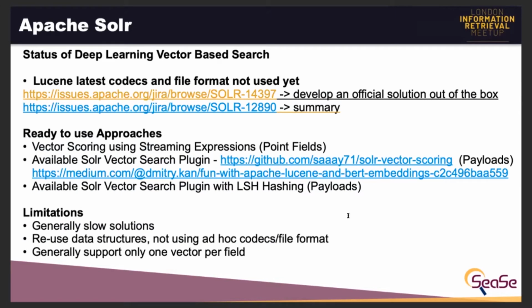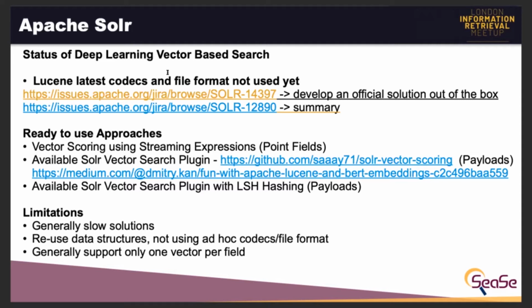So what's the current situation in Apache Solr? First of all, the latest Lucene codecs are not available yet, so they are not used yet. They are in Lucene, but they are not used by Solr. There are two Jira tickets that explore that. One, SOLR-12890, contains a summary and a long discussion that has been going on for a while, and SOLR-14397, which effectively has the scope of developing an official solution for having this working in Apache Solr out of the box, using the recently contributed Apache Lucene approach. Still, there are ways of